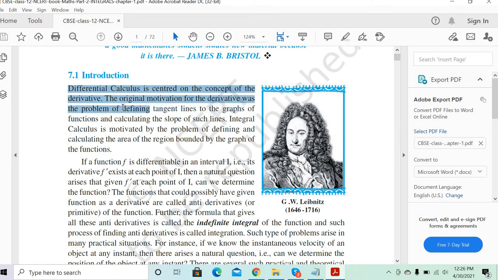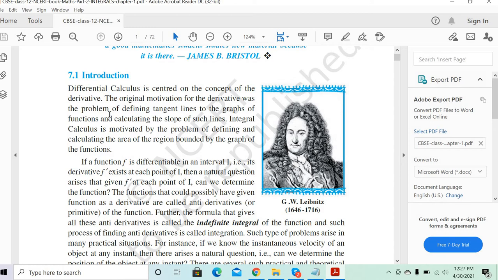Differential calculus means when we do dy by dx, what exactly do we get? We get the slope of the line at a certain point, right? And when you do the integration, it is based on concentrating on the area. We define a certain part of the region bounded by the graph, and we need to find the area of that region. And what will that region be?